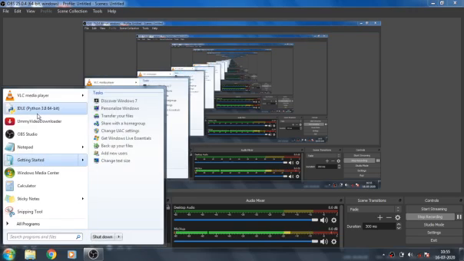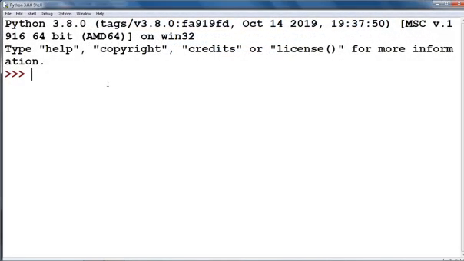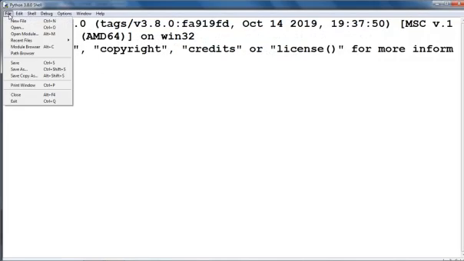Good afternoon, students. In this lecture, we are going to deal with the identifier, how to write or define the identifier or variable in Python. So, let's first open the Python window. This is your interactive mode. I have already explained it in previous classes. But now we are going to work in script mode.